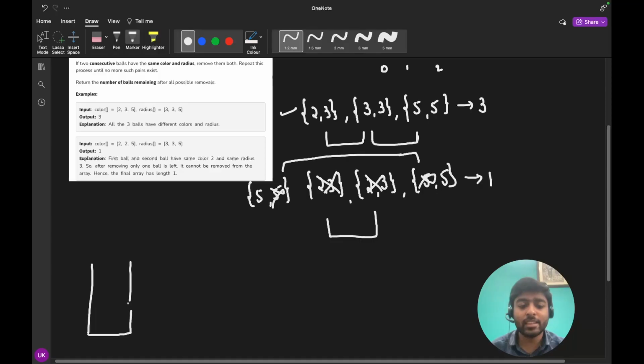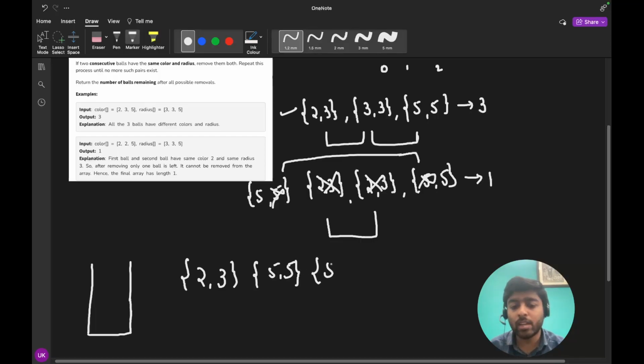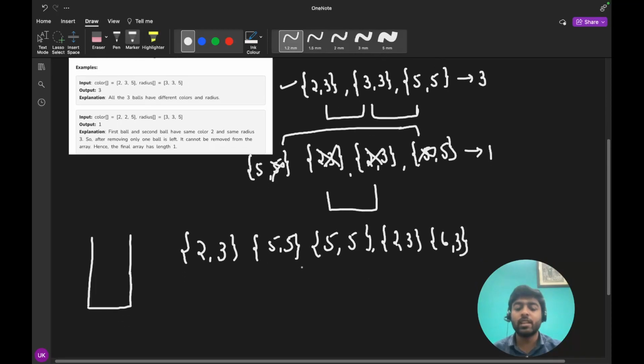We will create a stack like this, and let's suppose the values were 2 comma 3, then 5 comma 5, then 5 comma 5, then 2 comma 3, then 6 comma 3. Let's suppose this is the case.